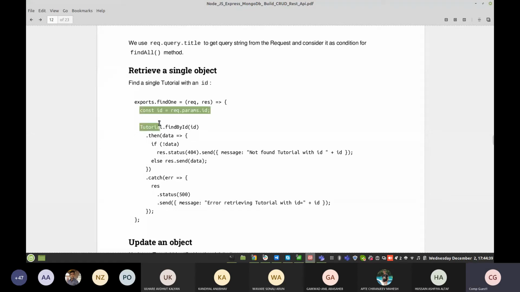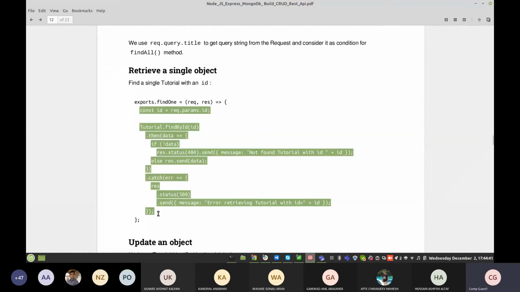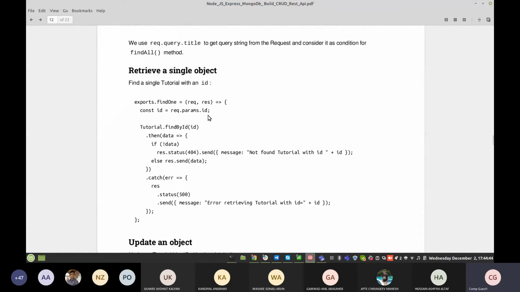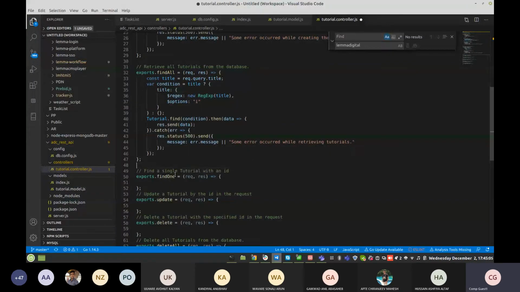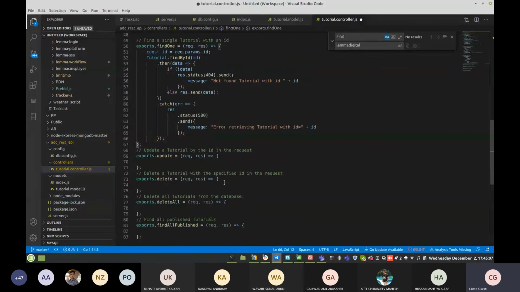Here in the sample example, the request parameter contains the id, which we check through our router, as we will see when we get to the router part. Now the find function is applied on the tutorial model with that id, and if you find it, then you can return that.